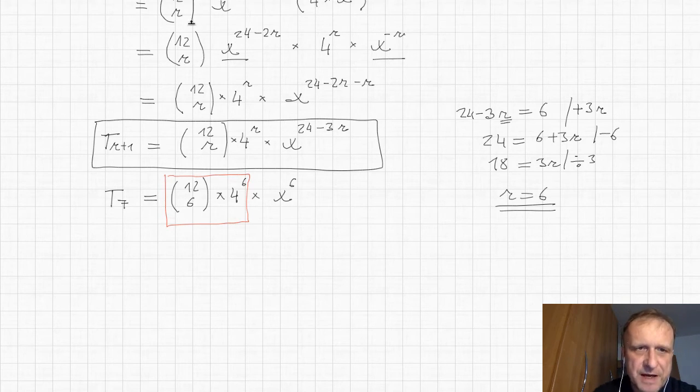So what they ask is, what is the value of this coefficient here? 12 choose 6, times 4 to the 6. Now, I can use my calculator to evaluate 12 choose 6. So you use this special button, which is called nCr, and it gives me 924, times 4 to the power of 6, so again use the calculator, and it's 4096. So we can multiply these two numbers